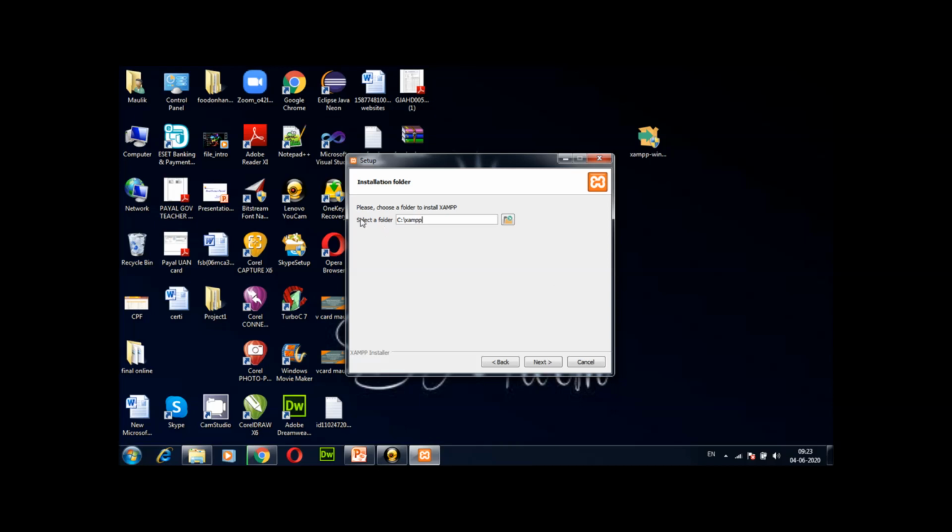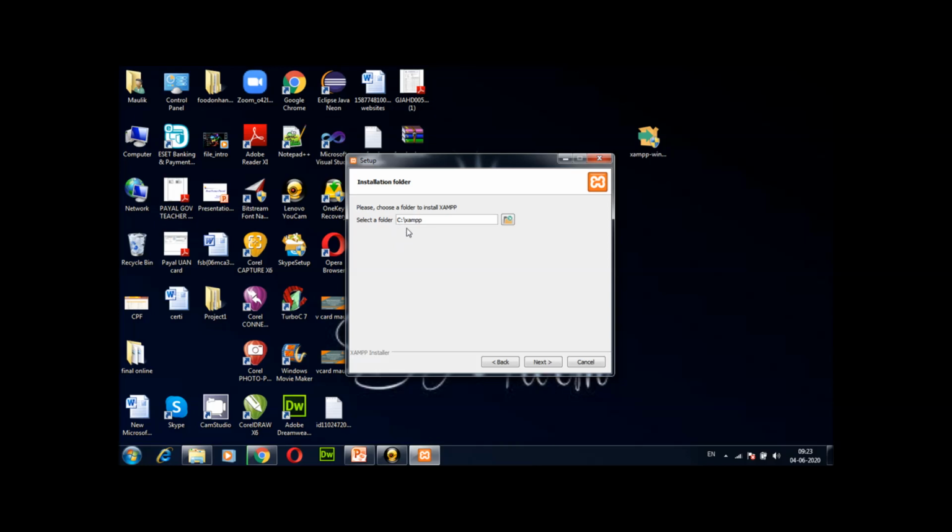Now here you have to choose where to install your XAMPP server. You can see that the C drive is the default folder where the XAMPP server will install. You can change to D, E, any drive for installation.